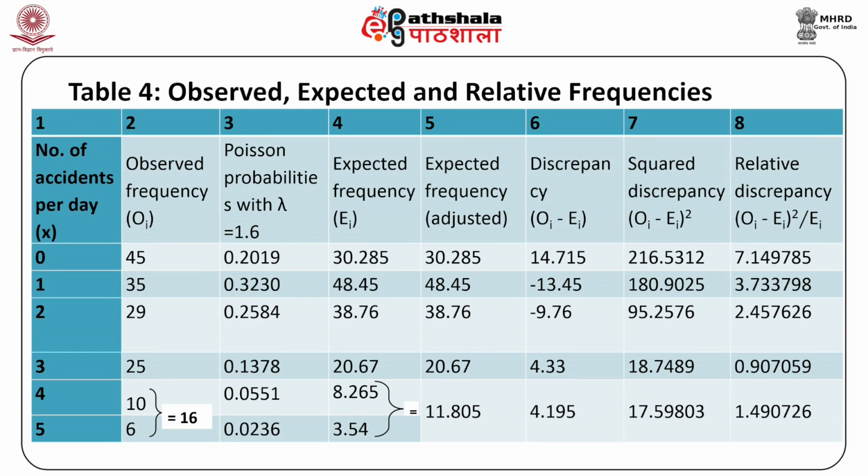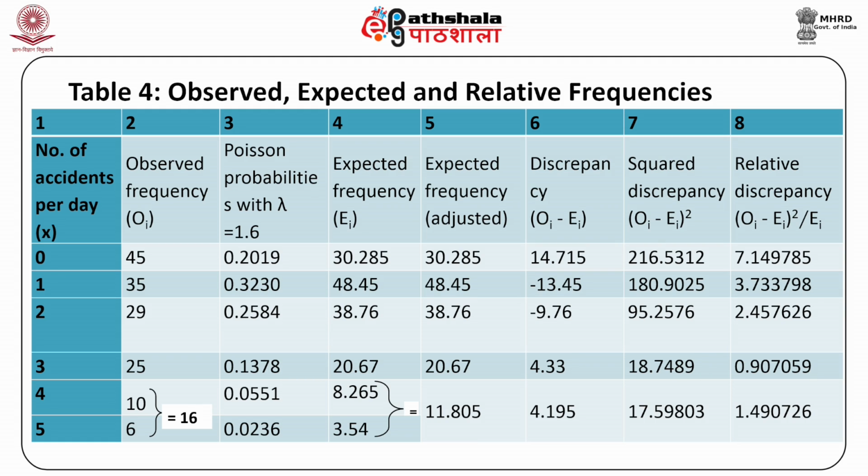Now, using table A.6, which is given for Poisson probabilities, with lambda equal to 1.6, we obtain the probability for each value of x in our table. You will find in this table A.6 that the probability is given up to x equal to 8. Now, to make the sum of all probabilities equal to 1, we add the Poisson probabilities from x equal to 5 to x equal to 8 and write this against x equal to 5. So all values equal to or greater than 5 are summed together,